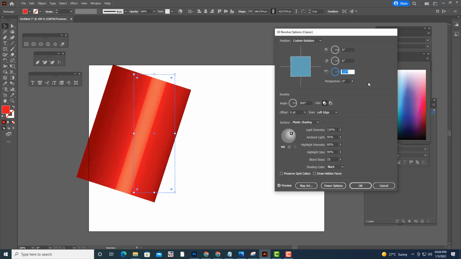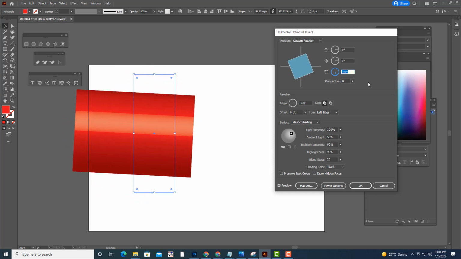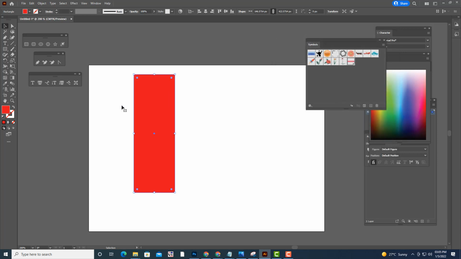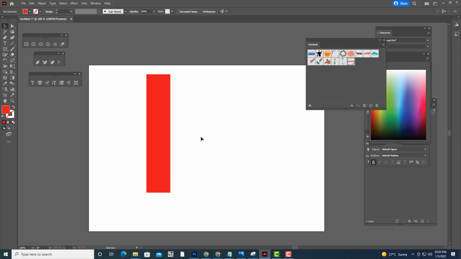We'll rotate it like this, exactly 90 degrees. After rotating, we'll make it a little bit thin. First we'll cancel this, and then make it a little bit thin like this. This much is okay.